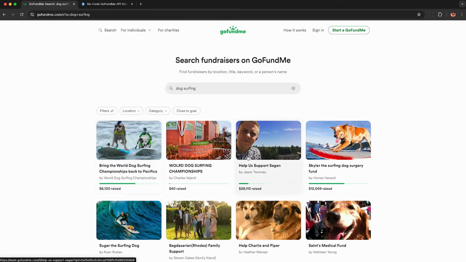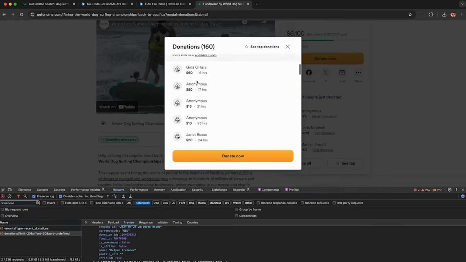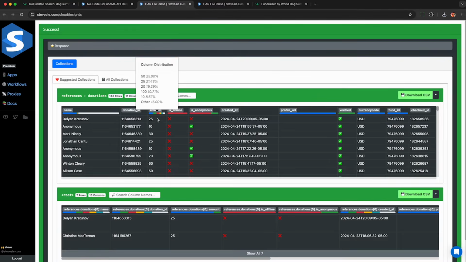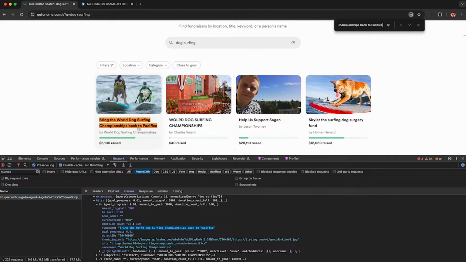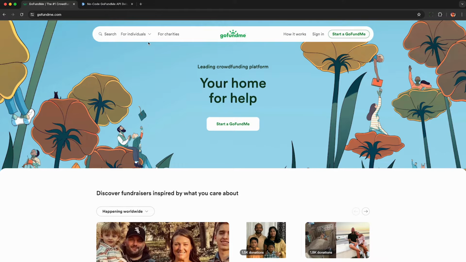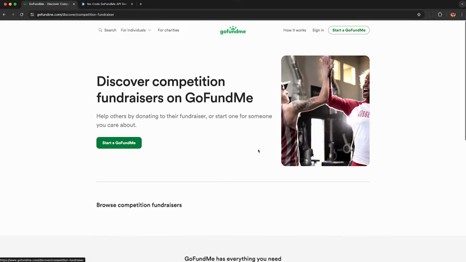If you need to scrape data from GoFundMe, like campaign search results or a full list of donors for a campaign, I'll show you how to legally scrape this data from the GoFundMe API without violating their terms of service. Just head to GoFundMe and you can browse around different categories